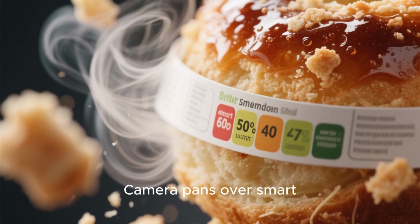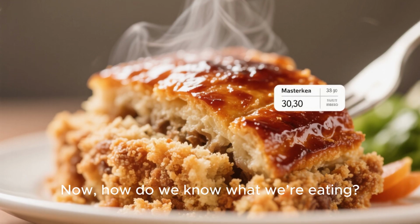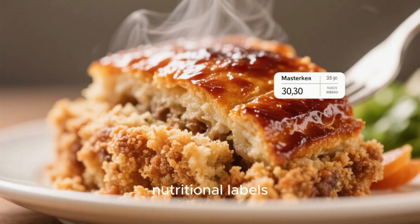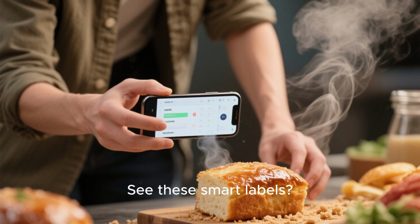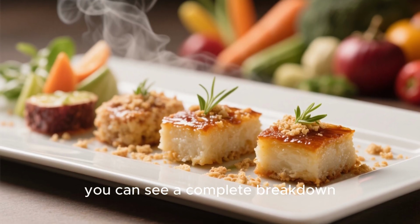Camera pans over smart nutrition labels on the packaging and plates. Now, how do we know what we're eating? Say goodbye to confusing nutritional labels. In the future, information is instant and personalized. See these smart labels? With a simple scan from your phone or smart device, you can see a complete breakdown